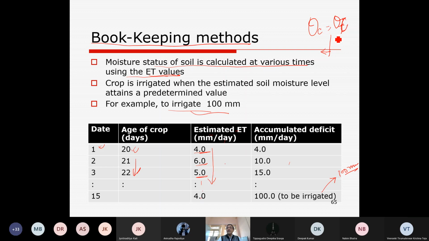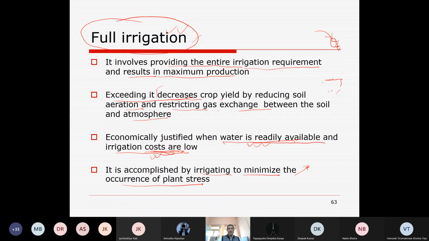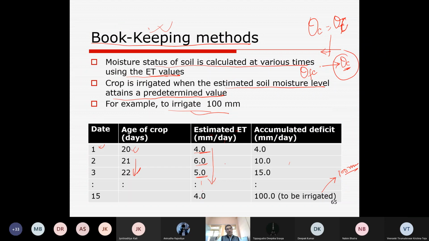Reason being, the moment 100 millimeter of ET is lost from the area, the field will reach the critical soil moisture content from maybe somewhere near field capacity condition. So the crop is irrigated when the estimated soil moisture level attains a predetermined value, that is the critical moisture content. So it's basically called the bookkeeping method of irrigation scheduling. Irrigation scheduling, full irrigation schedule, deficit or partial irrigation schedule, bookkeeping method we can take to find out those,